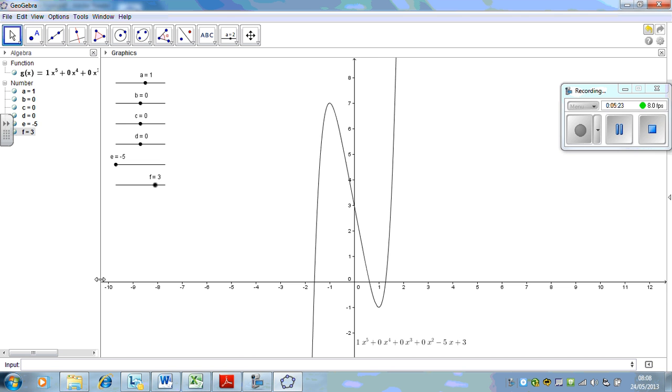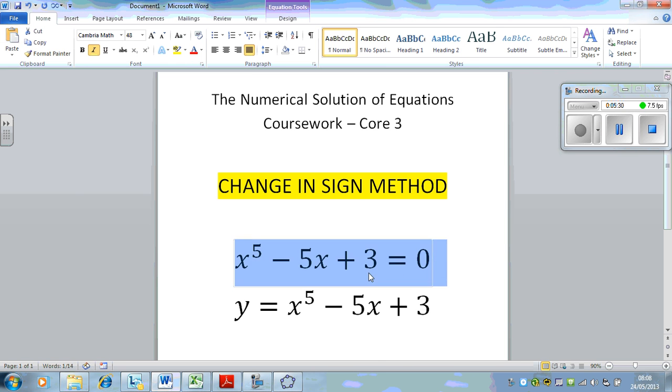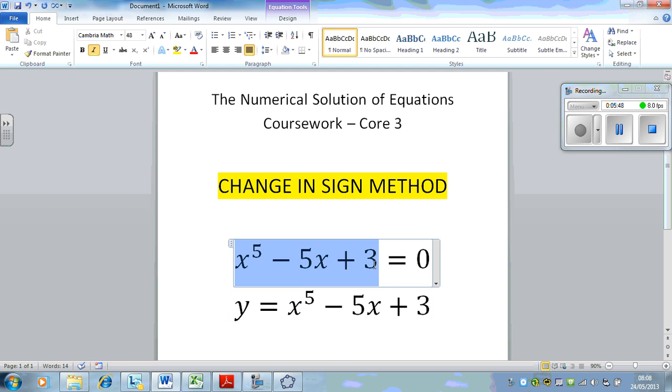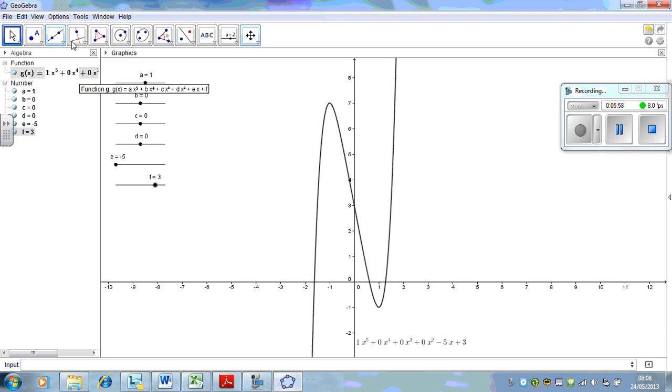Now, let's remember, the solutions to any equation are where the graph of that equation crosses the x-axis. So the roots of this equation correspond to the roots of this function, and the roots of this function are where the graph of this function crosses the x-axis. So we can see here,